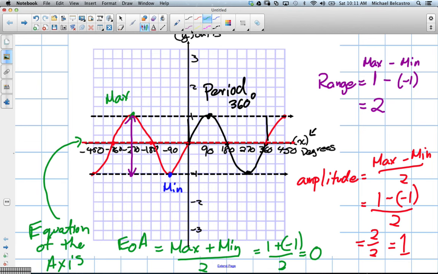The amplitude, like we talked about, deals with the range from the equation of the axis to the highest point, or from the equation of the axis to the lowest point. In other words, that's a value of 1. It's 1 away from both of those. So that's what the amplitude's talking about. So we have the equation of the axis, we have the entire range, the amplitude, the period. I'm going to quickly take a look here. Period function. I think that's all. Equation of the axis, amplitude. Yeah, those are all the